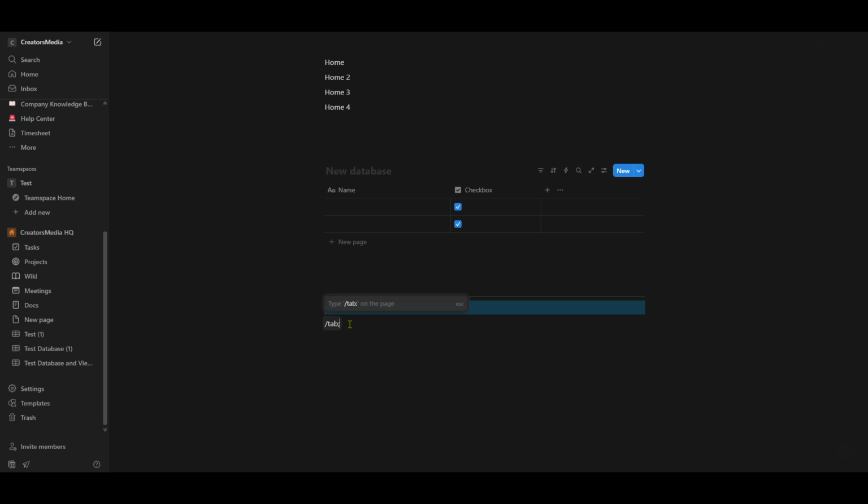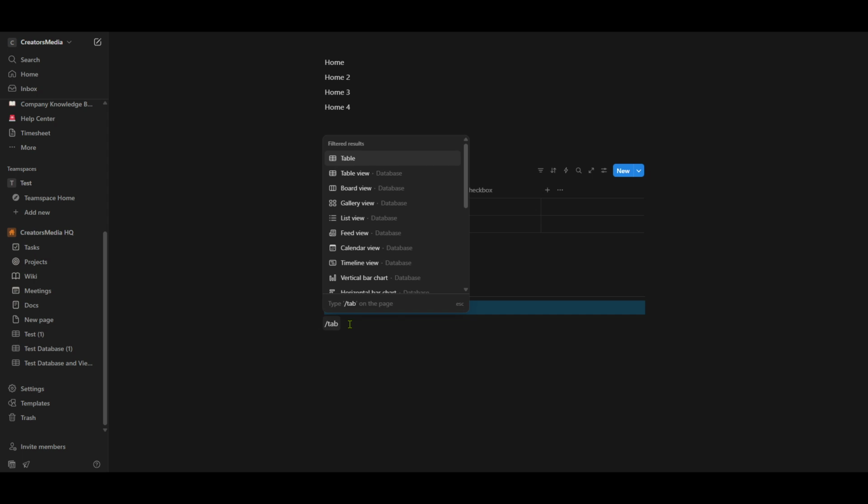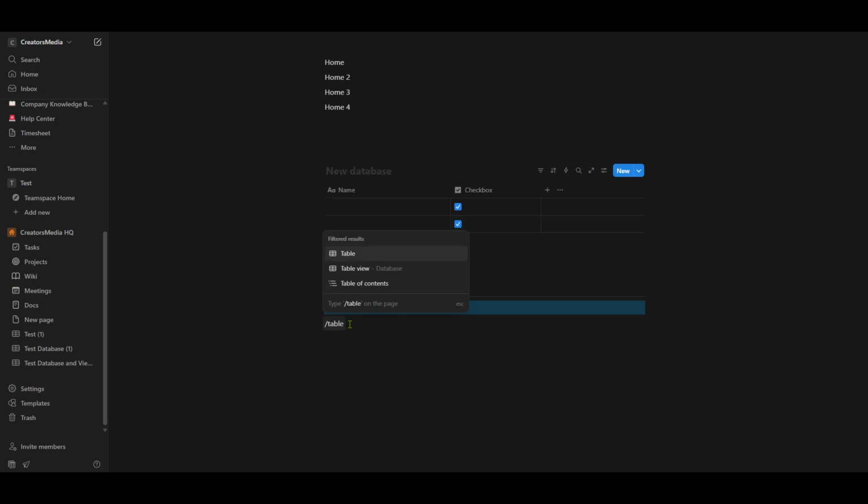Now for the magic step. In the open page, you'll need to type in the command /table. Yes, it's as simple as typing a command with a /, which brings up Notion's dynamic menu of options. By typing in table, you directly instruct Notion to bring up its table-related features, making it quick and efficient to